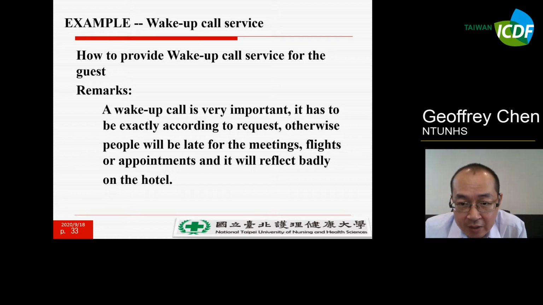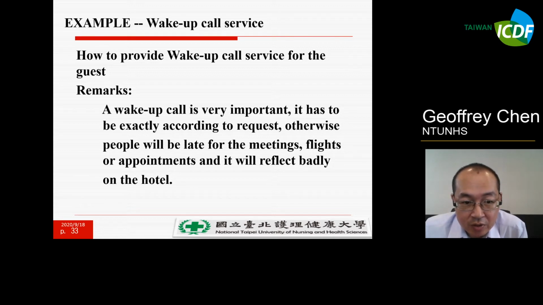Because your customers will be going to a meeting, a flight, or an appointment. So you have to make sure the wake-up call is exactly according to the customer's request.